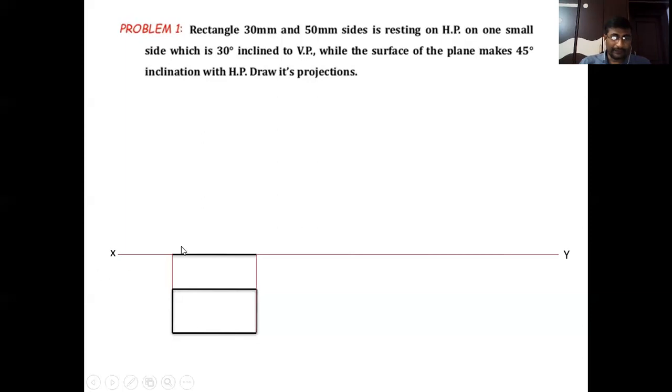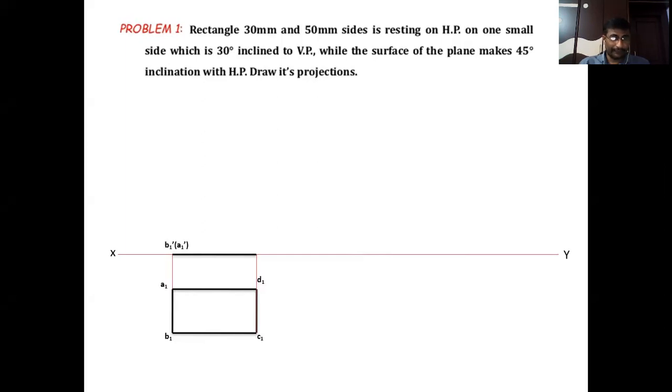This is the front view. Front view of the rectangle. When the rectangle is parallel to HP and we're looking from the front side, it looks like a line. The plane looks like a line in the front view. Clear, students? This is a line in the front view. These are the corners in the first stage. This is the first stage, A1, B1, C1, and D1 are the corners of the rectangle, where the subscript 1 represents the first stage.